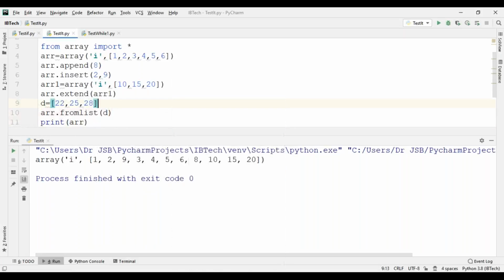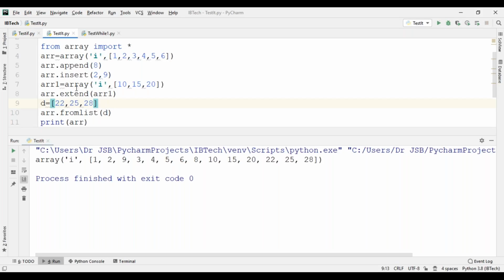Now see, what operations were there previously? 1, 2, 9, 3, 4, 5, 6, 8, 10, 15, 20. Then again we want to join 22, 25, 28.